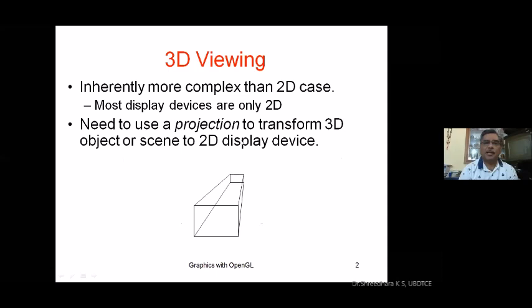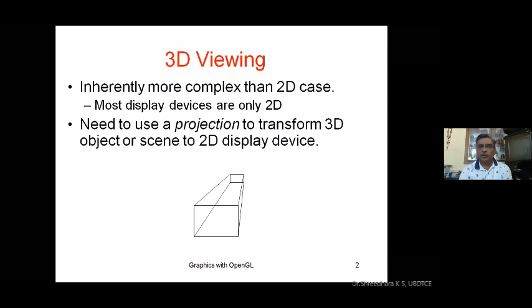We need to use a projection to transform all 3D objects to a 2D display device. Your display, for which we are converting the 3-dimensional domain into 2D. One observation is that the dimension you are losing here, that information will not be required for projecting.